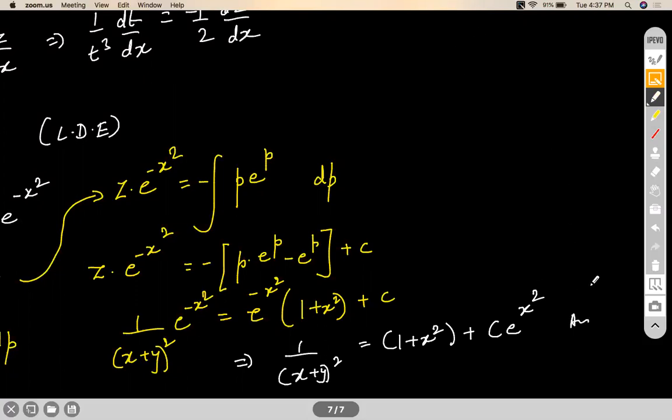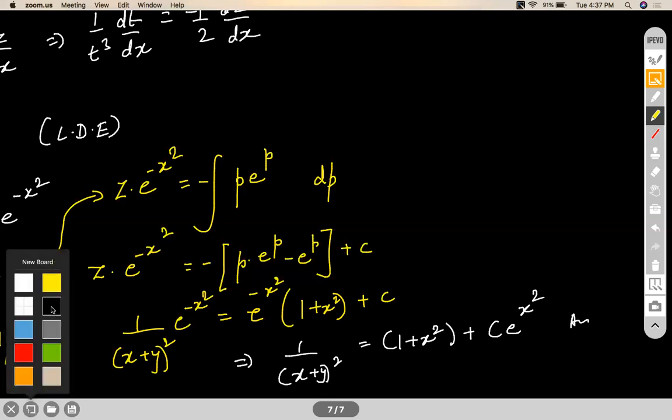Okay. So I hope this is clear. So this was a case where you had to first use substitution to convert it to Bernoulli, and then after that you can use your linear differential equation for that. So we'll take one more example of it and then we'll move on because we have a lot of ground to cover today. I want this class to be the last class for differential equation. Hopefully we are able to meet our target.